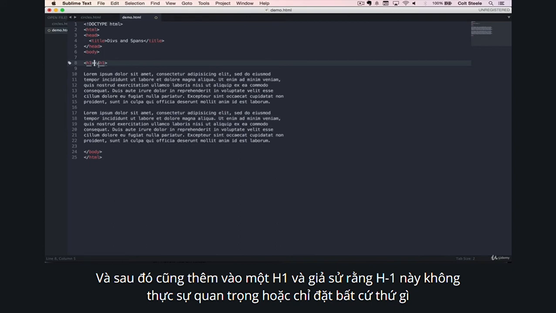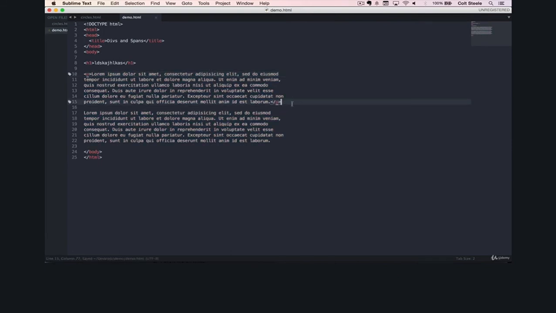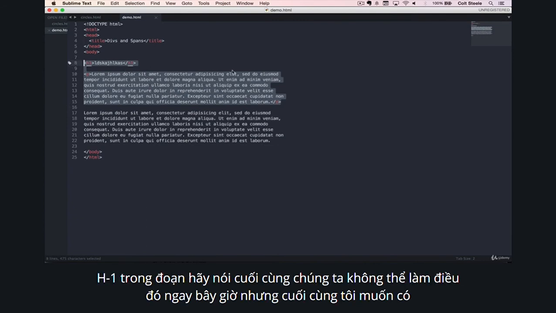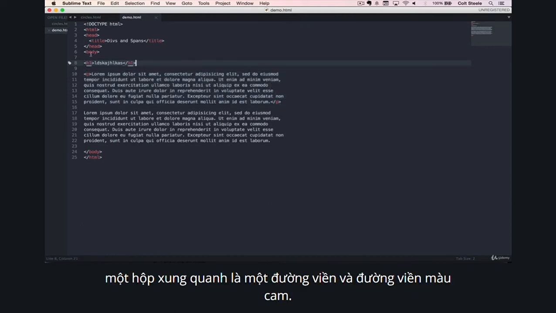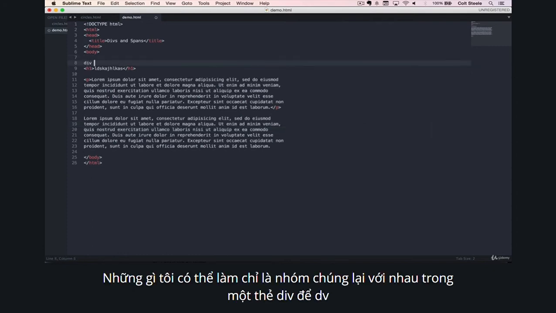And let's say that this H1, it doesn't really matter, I'll just put anything there, but let's say that this is a paragraph, and I want to group these two things together, the H1 and the paragraph. Let's say eventually, again, we can't do it now, but eventually I want to have a box around these, a border, an orange border, but it doesn't include this one. What I can do is just group them together in a div tag, so div,